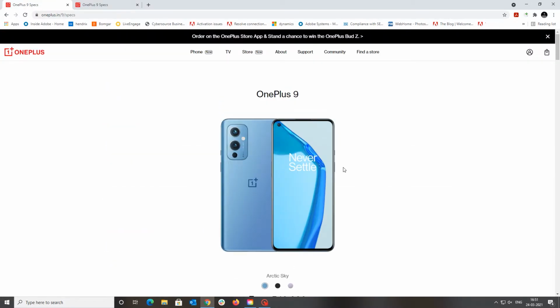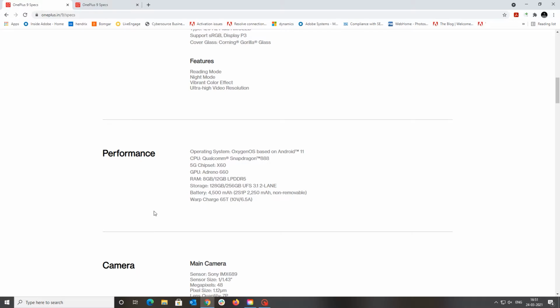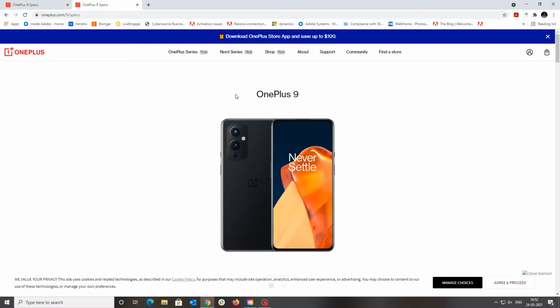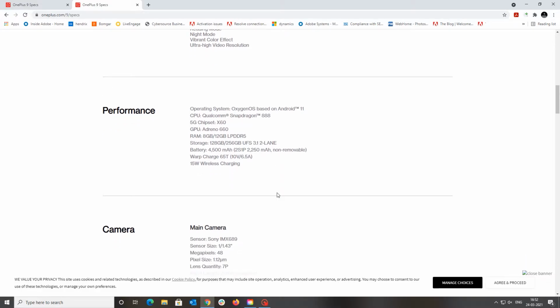So talking about the specs of the OnePlus 9, if we come down to the performance, as you can see, it does not specify wireless charging over here, and the US website does. So the Indian version of this particular phone does not have wireless charging for some particular reason, and this is something that I believe was mentioned in the keynote as well, that they are making India specific versions, and this version is, I believe, available in China as well, which does not have wireless charging. But at a very similar price point, I fail to understand why they did not include wireless charging in